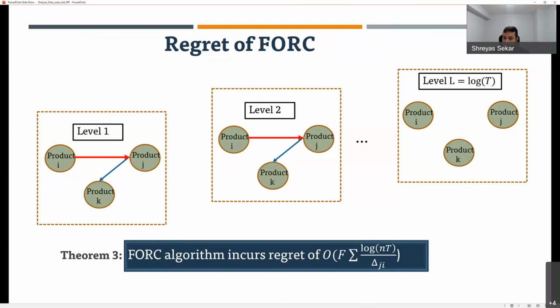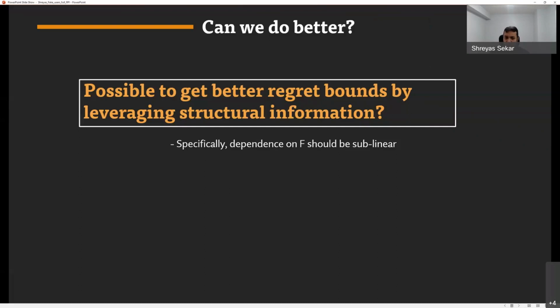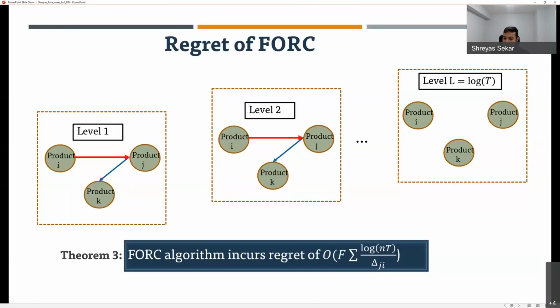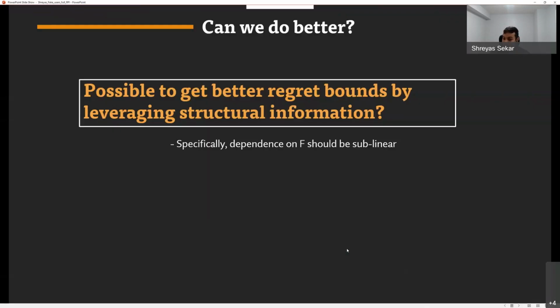So that's it for the two algorithms. I'm going to very briefly talk about the question of whether we can do better. In particular, both my algorithms have a regret that's linear in this term f. This is bad because in reality, you can have tons and tons of fake clicks, right? When it comes to click bots, it's almost no effort for them to go around putting out fake clicks.